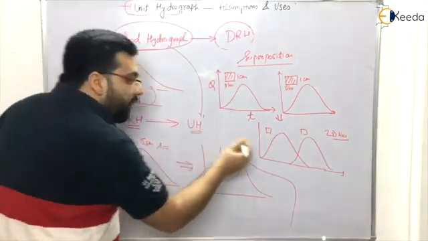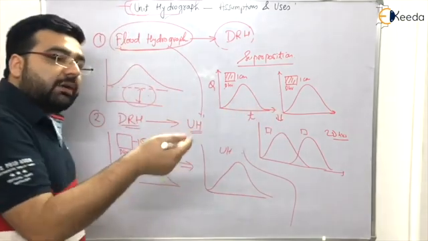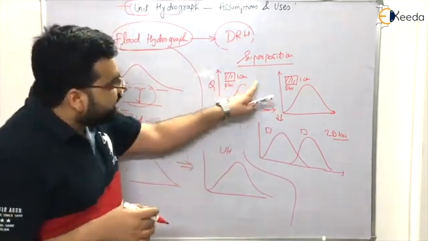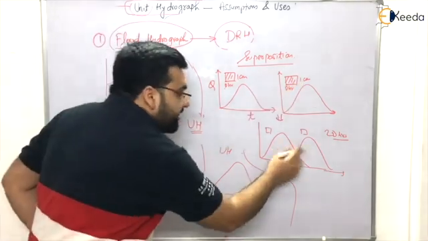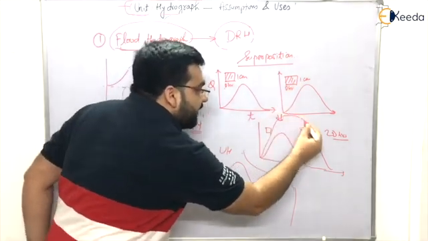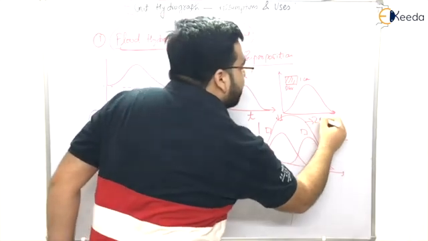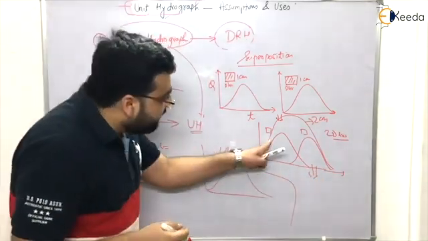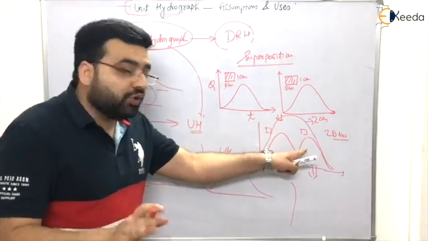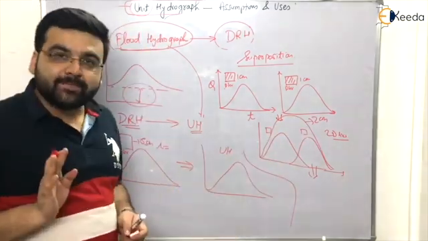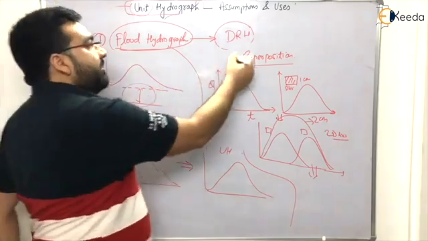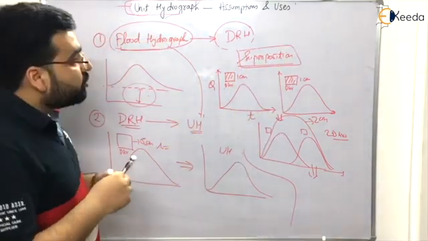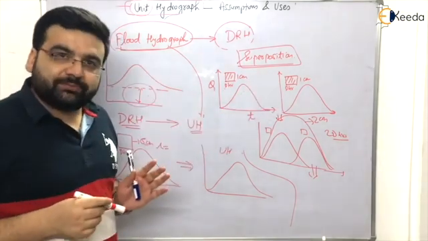Clear? Okay. And what will be the depth of this hydrograph? Now come to the fourth assumption, that is linear response. If this is 1 centimeter, and this is 1 centimeter, then the resultant graph will be of 2 centimeters. If you want to calculate the unit hydrograph, what you have to do? You have to divide the ordinates by 2 to get the unit hydrograph. Simple. These types of questions are also coming. Superposition we will study in the next topic in detail, and we will also be solving some numericals on superposition.